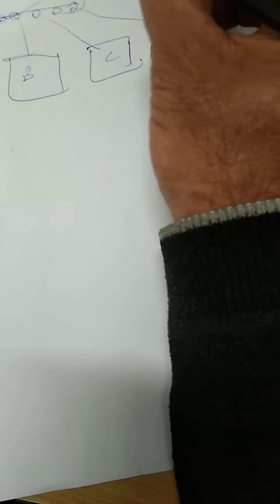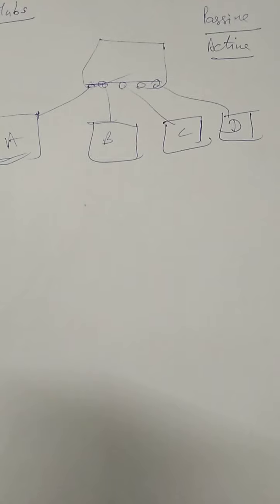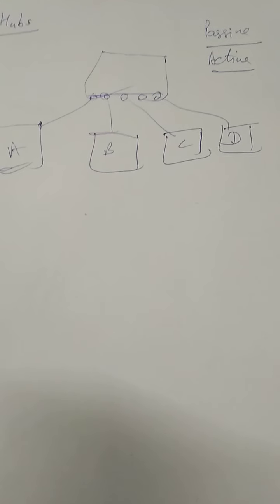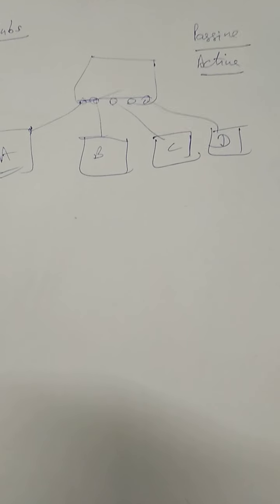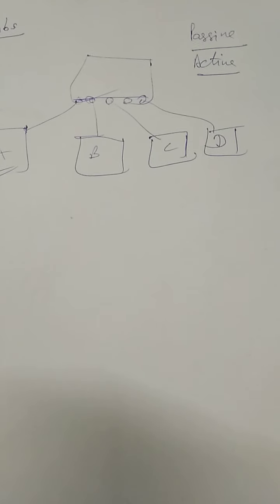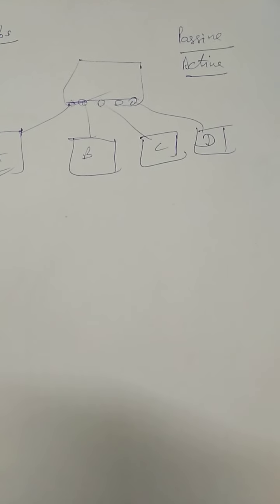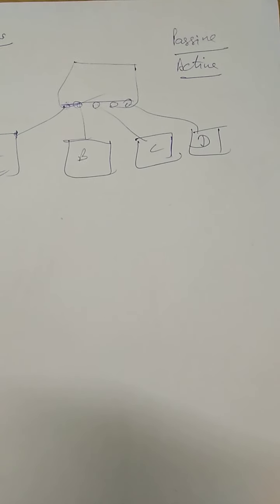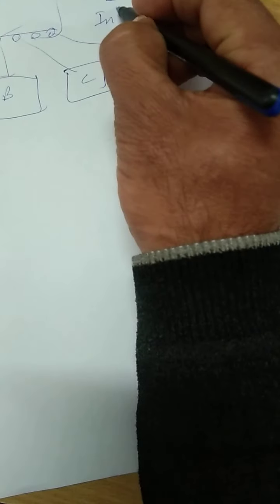Second is the active hub. This type of hub contains electronic components that clean up or regenerate the signal between two devices. The process of cleaning up a signal is called signal regeneration. These active hubs need better and more intelligent technology than passive hubs, so this factor increases their cost, and the main drawback of this hub is that it amplifies noise along with the signals.